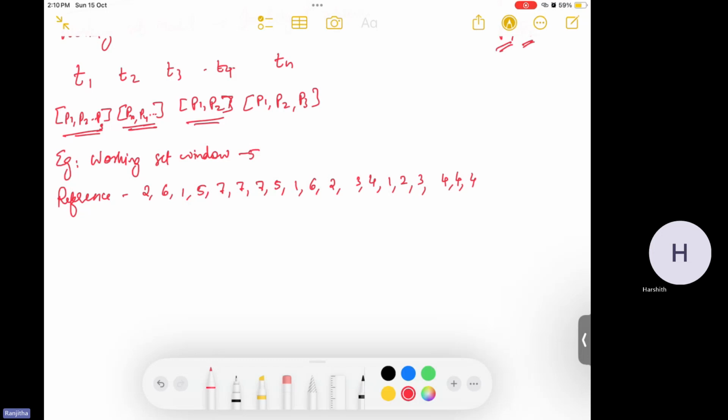So if this is the reference string for the particular process, and the working set window is given as 5, let's see how actually